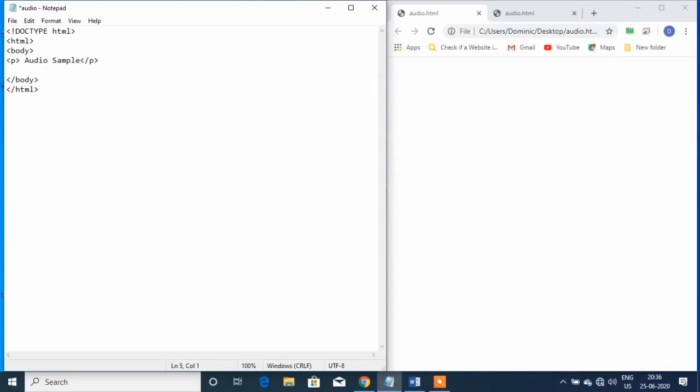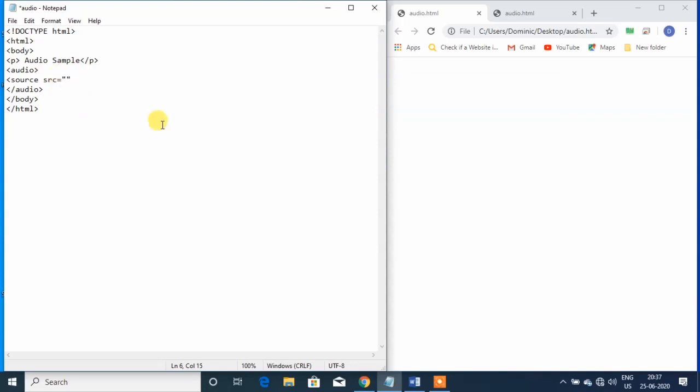Then use the audio tag and close the audio tag. In between you have to use the source tag. Source src is the attribute, and insert the audio file path.